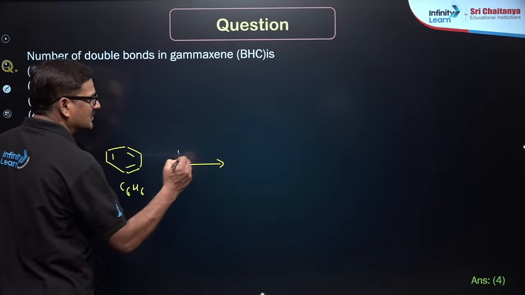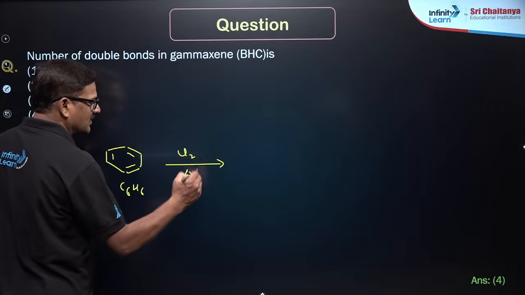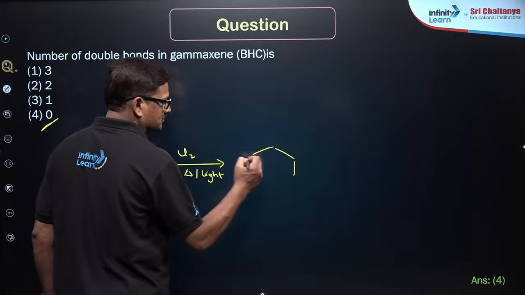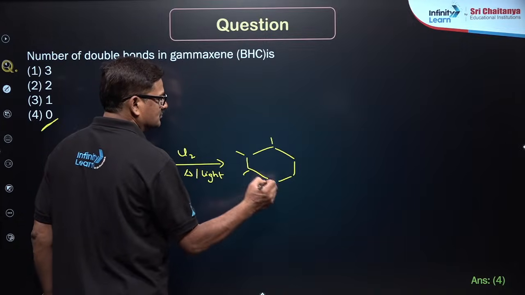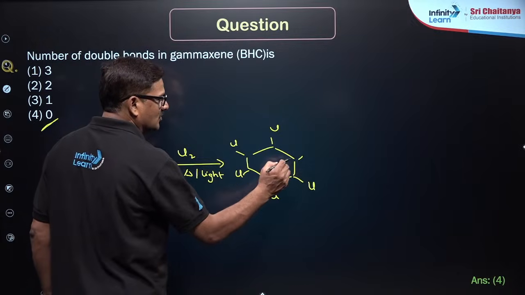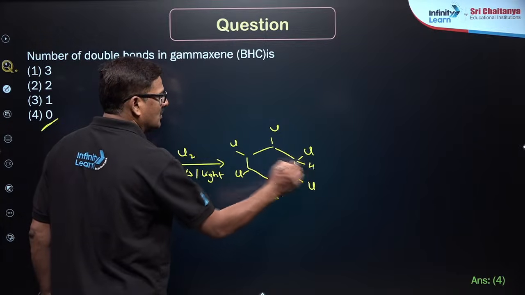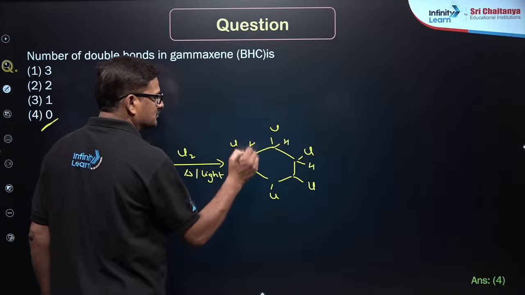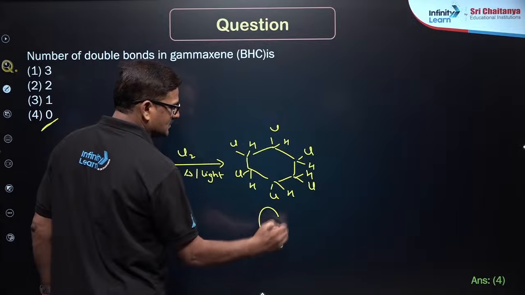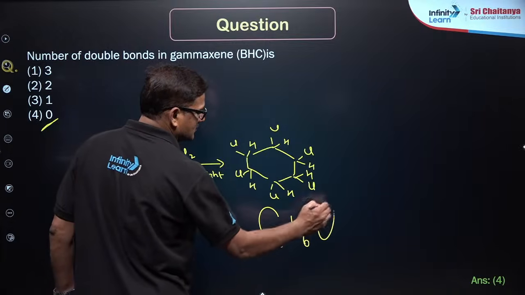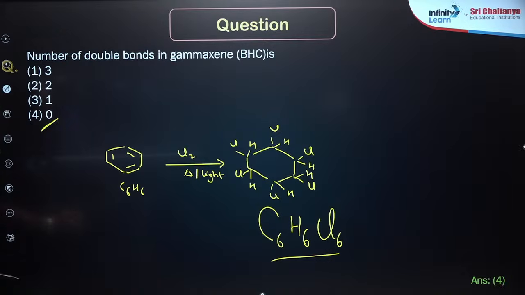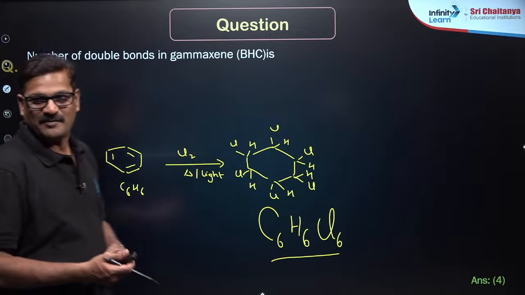When it is treated with Cl2 in the presence of heat and light, you are going to get a compound with Cl on each carbon. There are no double bonds in it. That is C6H6Cl6, the 666 compound. This is what is called the 666 compound, gammaxine. Fine,